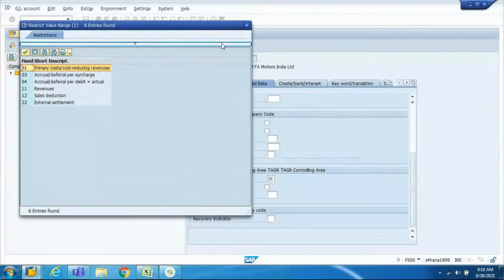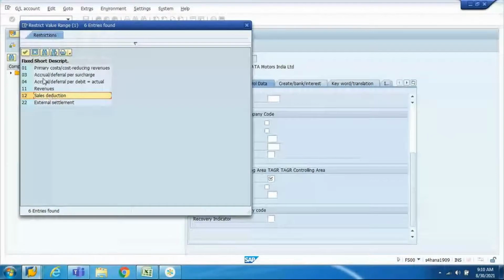In an interview, people might ask you what the primary cost element categories are, or what categories we use for creating a primary cost element. They literally expect you to talk about this, especially 1 and 11 and 12. 1, 11, 12 is where we use it, and they might also ask you what 3 and 4 are.